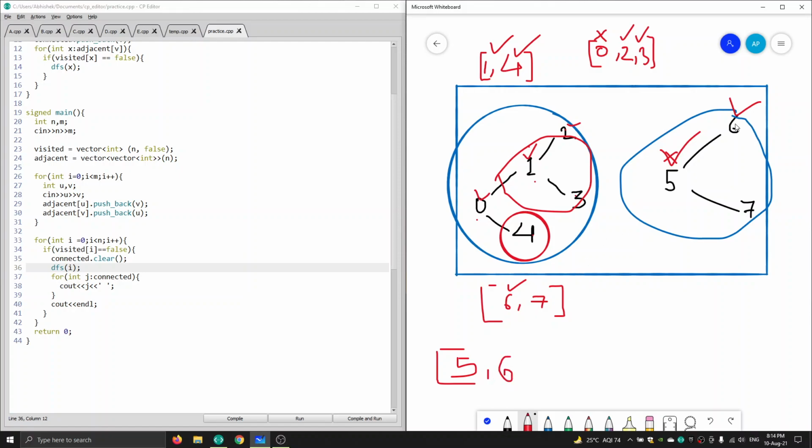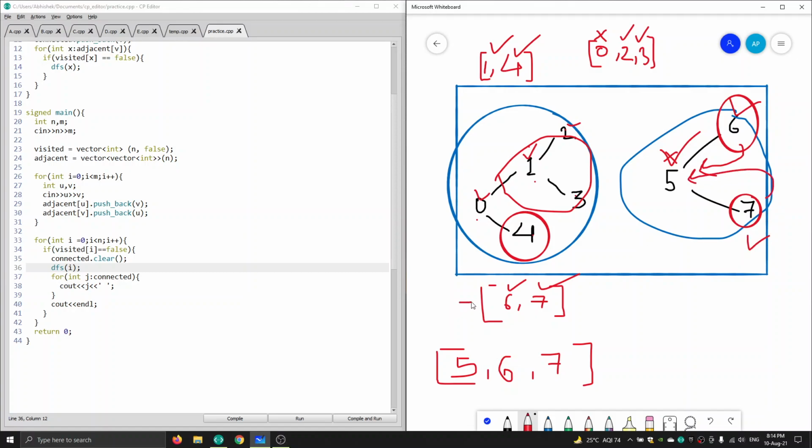Then there are no adjacent values of 6 which are not visited, so we will return from this function to 5, and 5 still has a vertex which is not visited, that is 7. So we will go to 7 and add it to our connected vector, mark it as visited and return from this to 5.